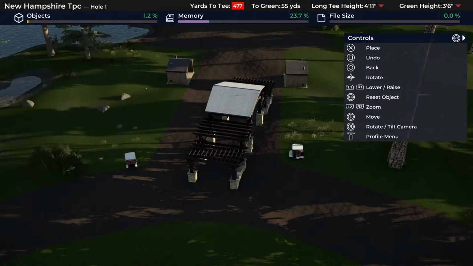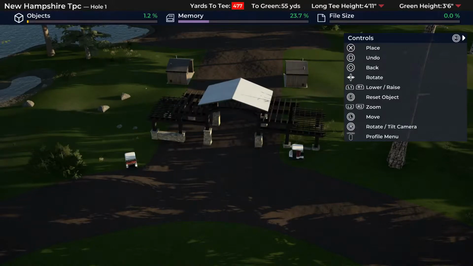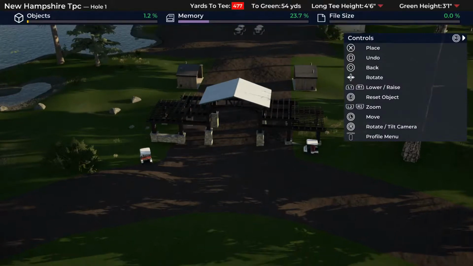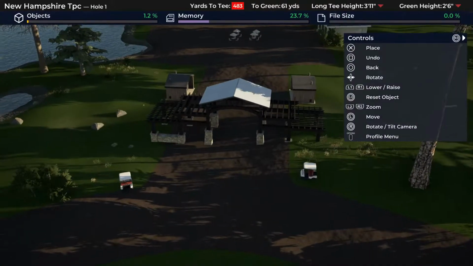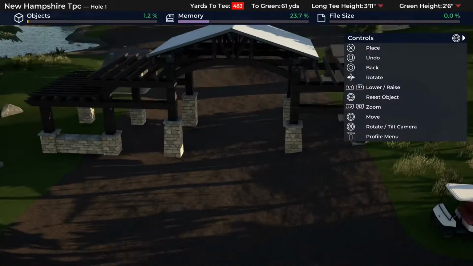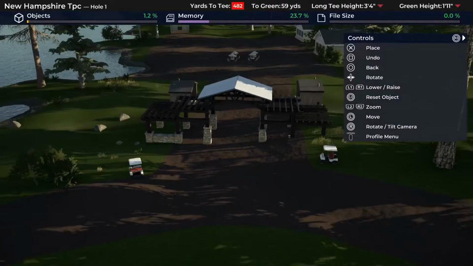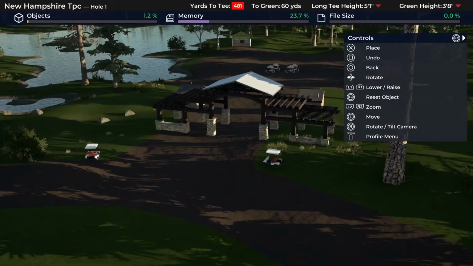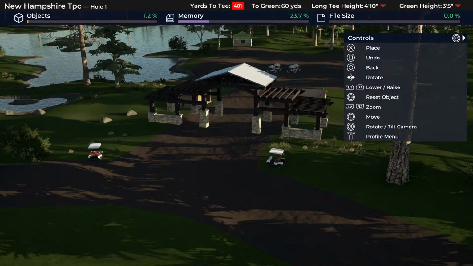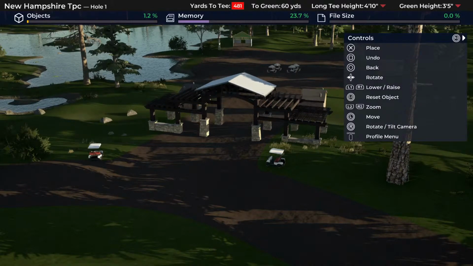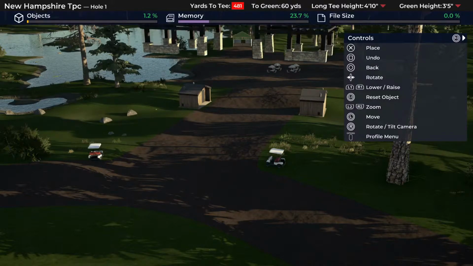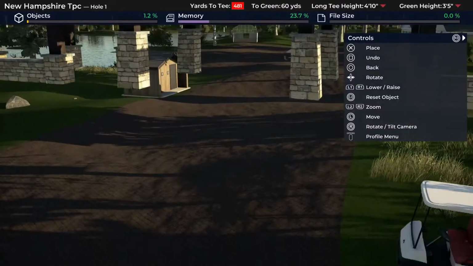So you pick this, then you're gonna rotate it a little. So you can, let me zoom in on this so it looks alright. So you want to bring it up a little bit. You don't want it too high, like 30 feet in the air, and then when you come here to look and you're playing golf, you got,